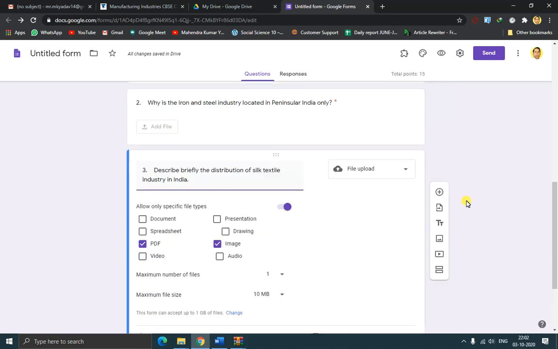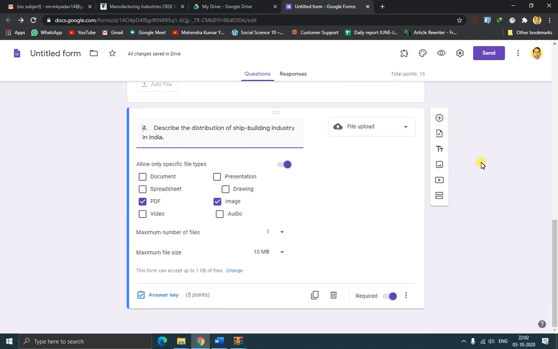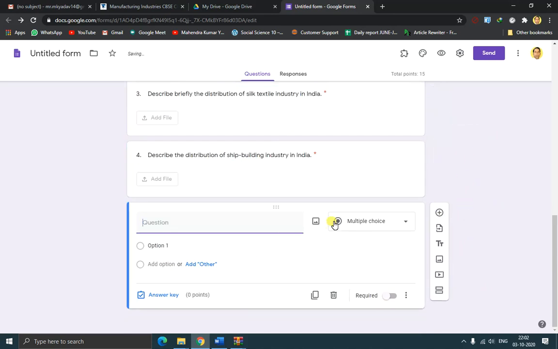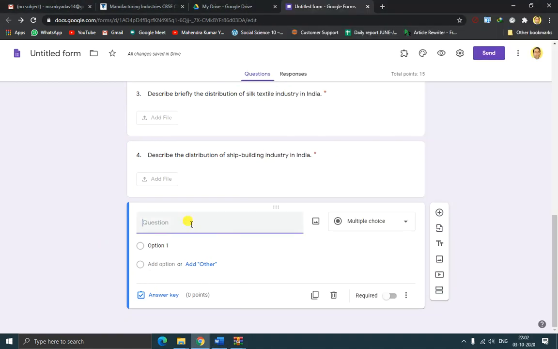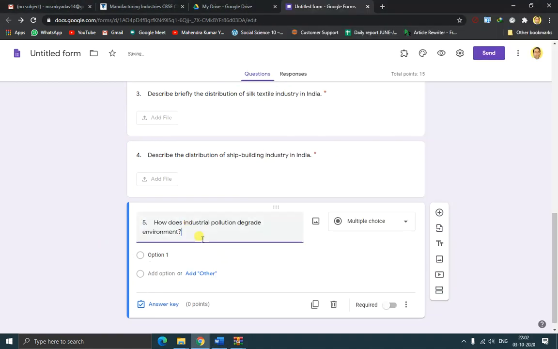And now the next question after this, the fifth question, the last question. Here, fifth question, Control V, I am using the copy and paste option.